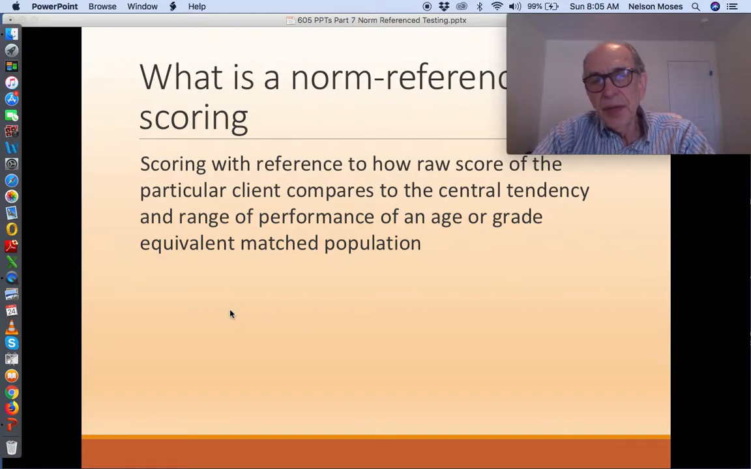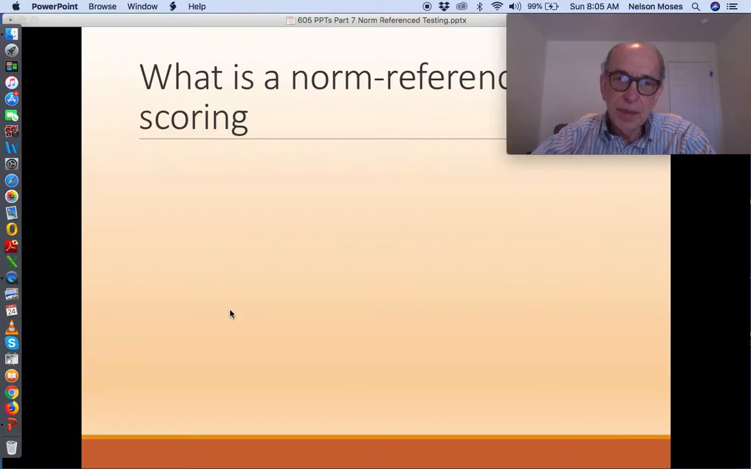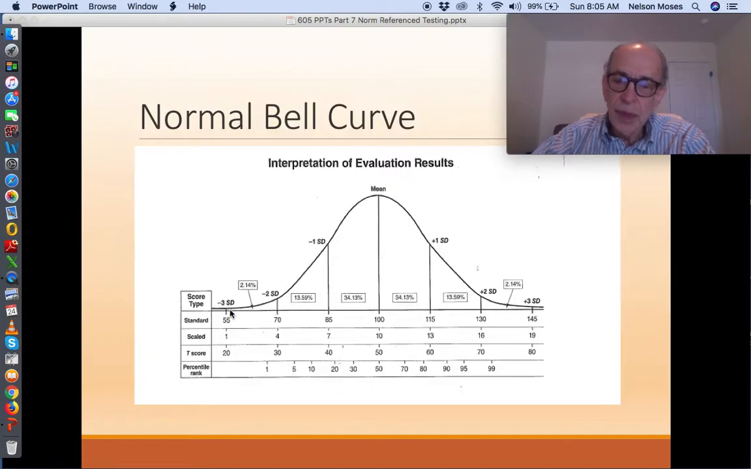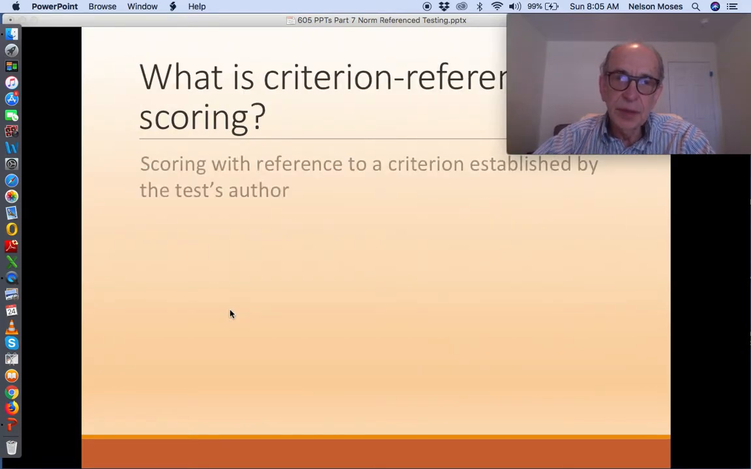Raw score means the actual criterion referenced, the actual numbers, the actual average and range, the actual score that an individual has achieved on a particular assessment instrument. And to back up one step more,